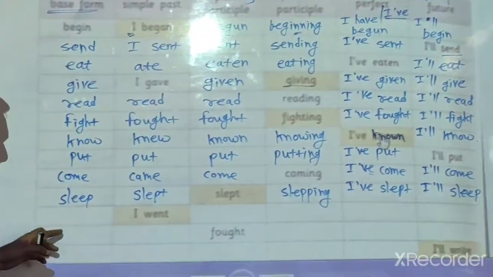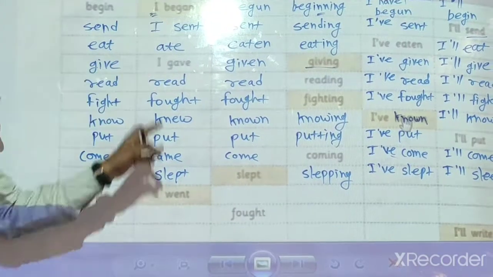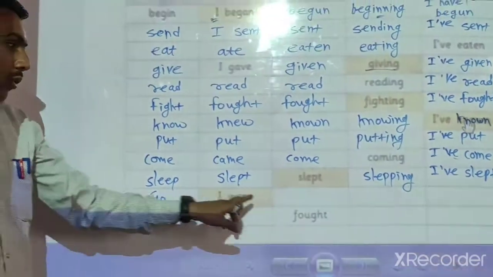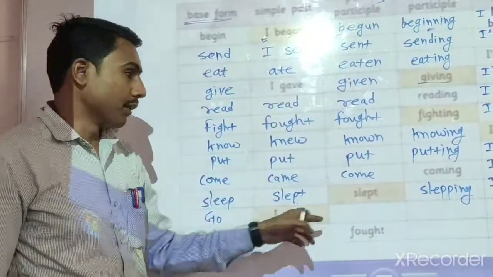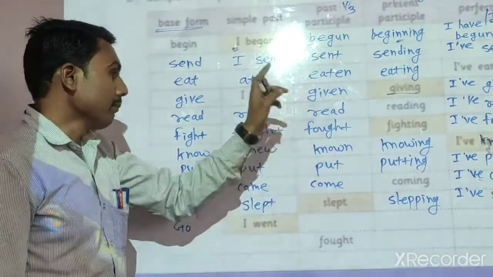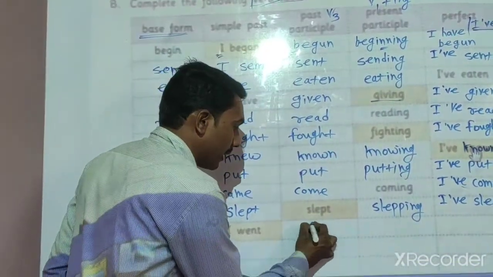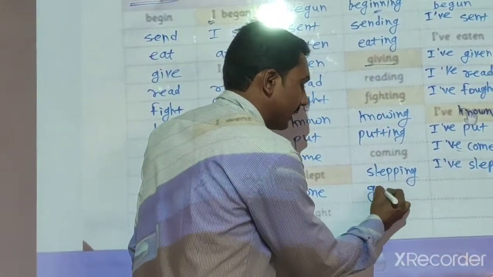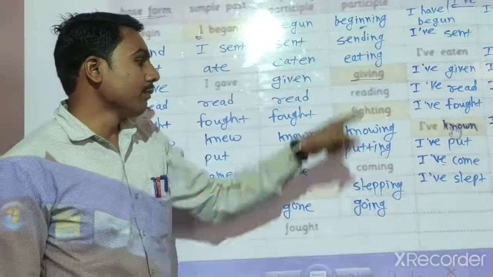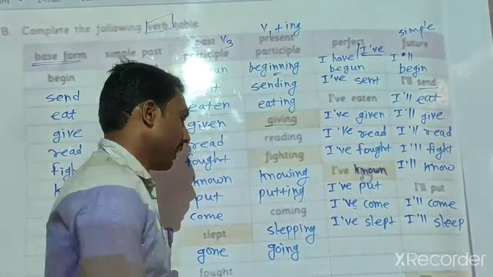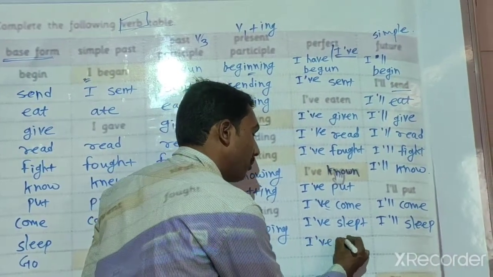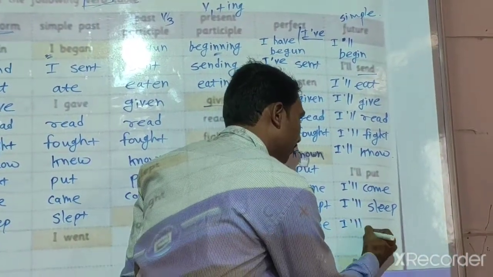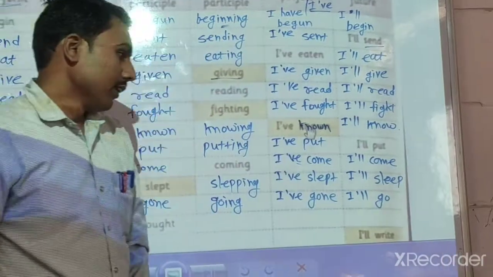Verb first form. Then look here. Second form is given. I went. The first form of that verb is go. Go. I went. Simple past. Past perfect or past participle. Okay. Past participle, that is verb third form, that is gone. Okay. Go, went, gone. Then going. It is a present participle. Okay. Then perfect tense. I have gone. Then simple future tense. I will go. I will go. Okay.